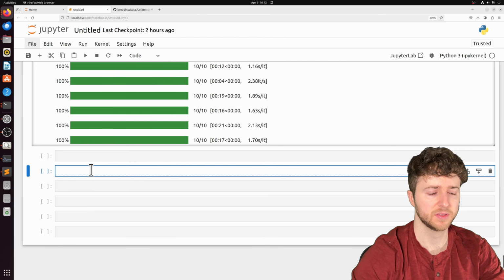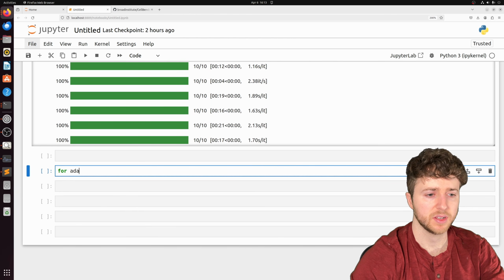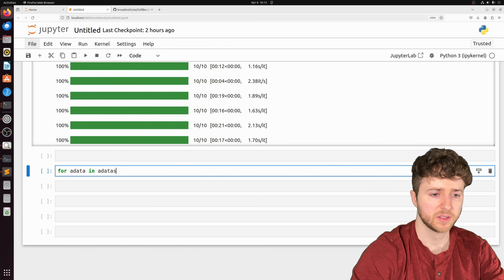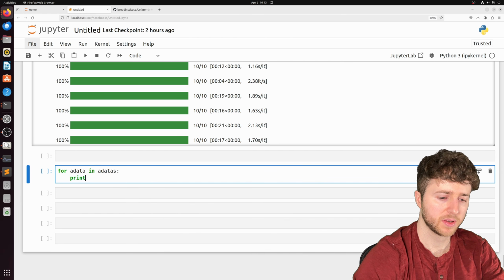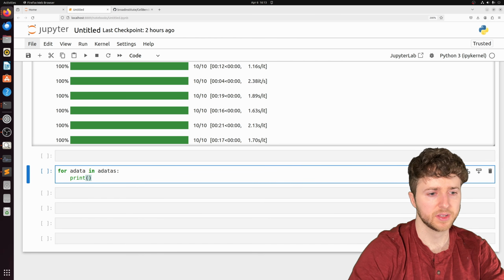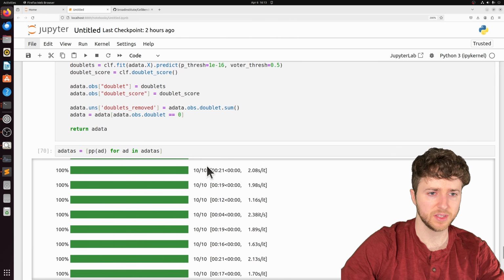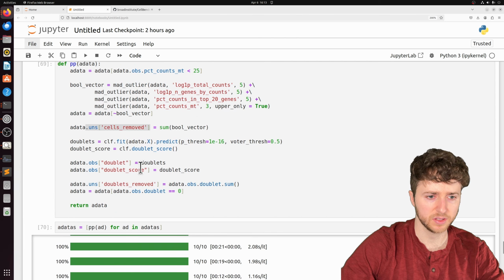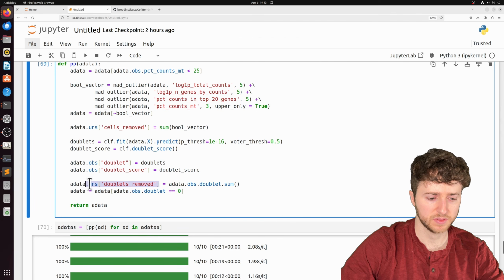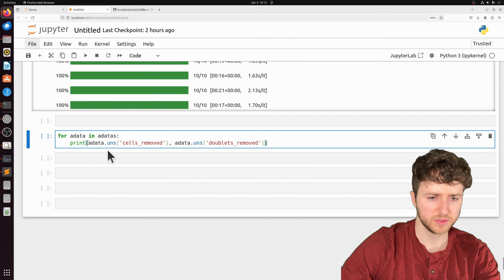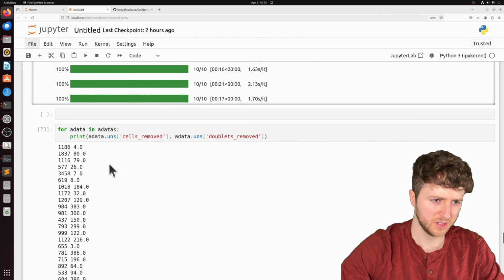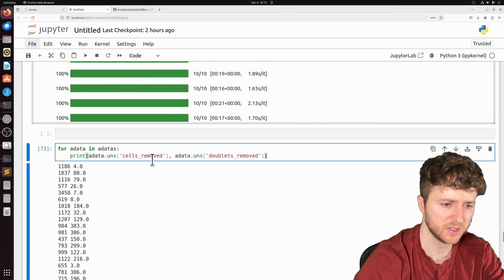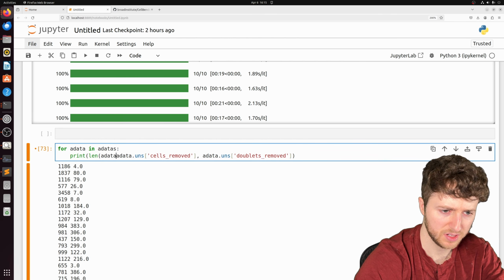So I'm just going to explore AData. What did we save that as? We saved it as cells removed and doublets removed. Just print those. We have some variation here, but let's actually print the length of the AData.